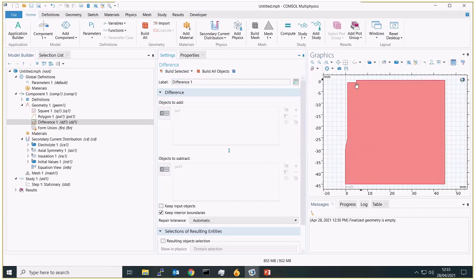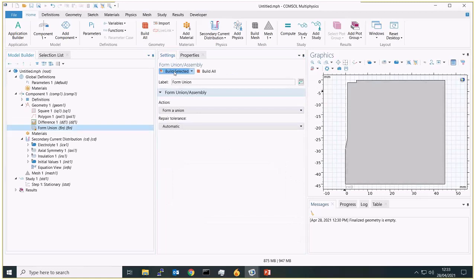Why we're doing this is because the nail is going to have a lot higher conductivity than our wood domain. So essentially we can assume that the potential within the nail domain is uniform. We don't then need to actually simulate the electrode itself, because meshing this would be extra mesh, which isn't necessary. So if we then form a union, this finalizes our geometry.